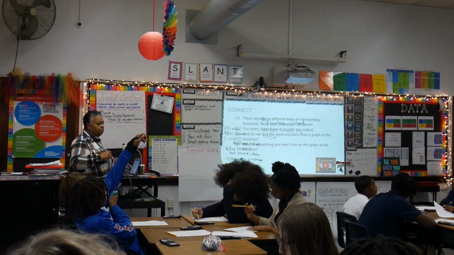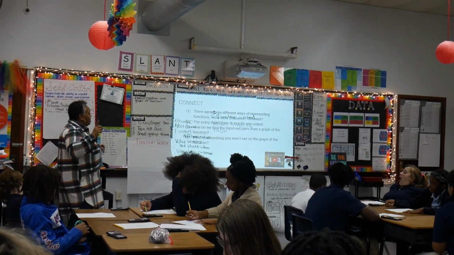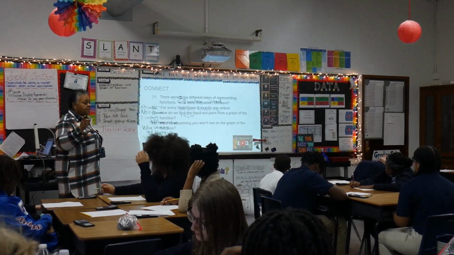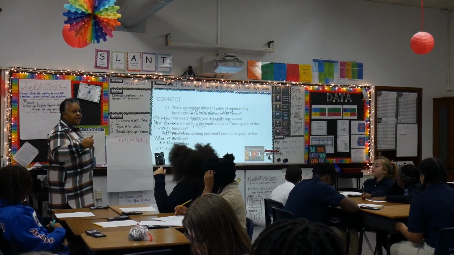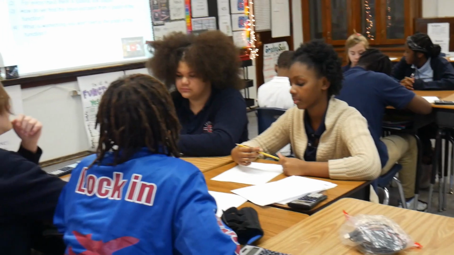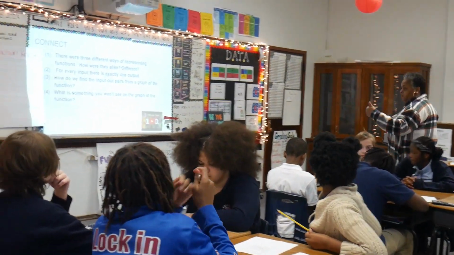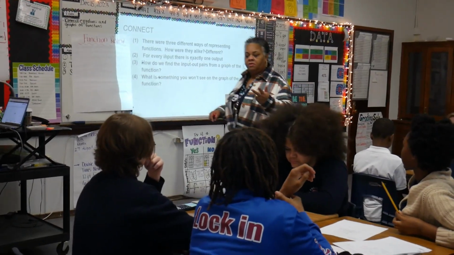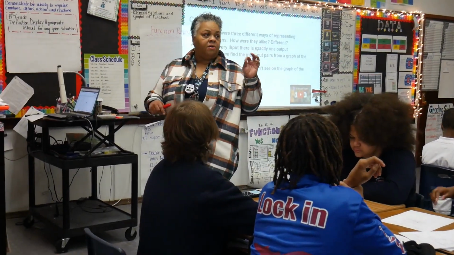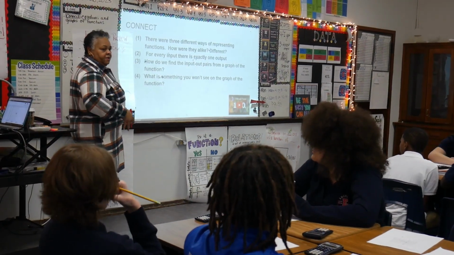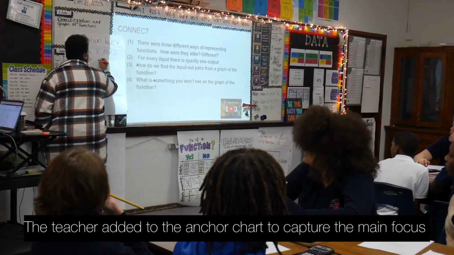Here are a couple questions I want you to think about. I want you to think about, and take a few seconds, 3 different ways of representing our functions. How were they alike? How were they different? I want you to take 30 seconds. How were the 3 ways of representing those functions? We had equation, we completed a table, and then we graphed them on the graph. How were they alike? The same independent, same dependent, but different variables. Okay. Same independent,